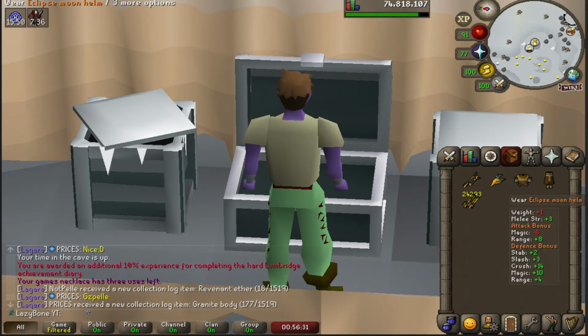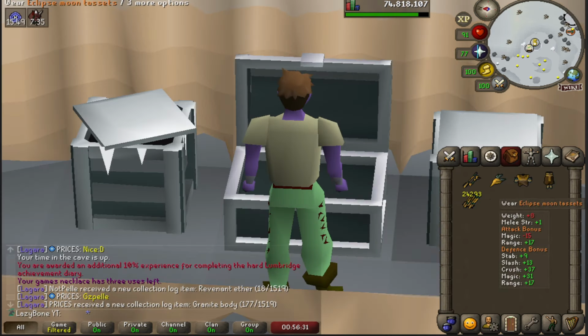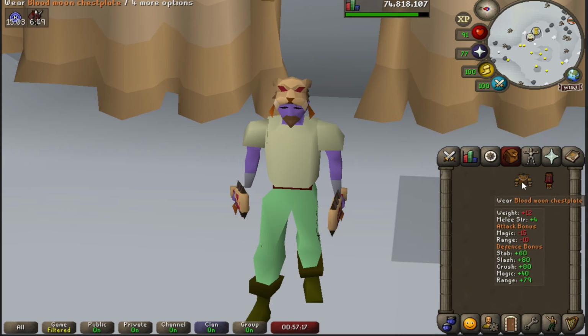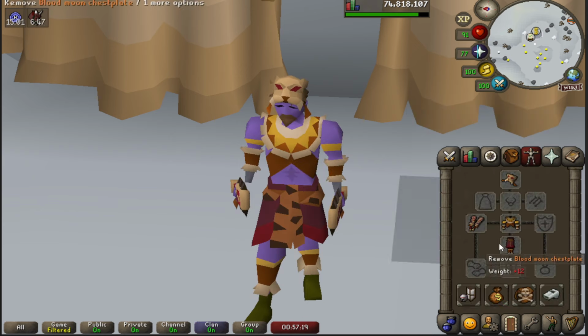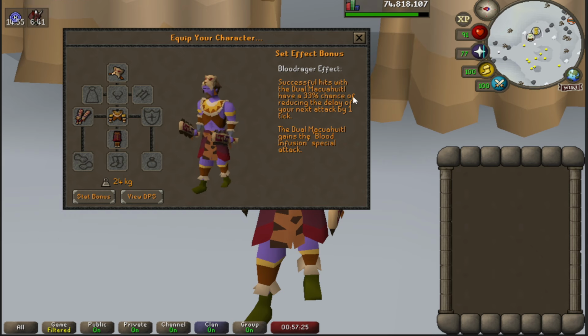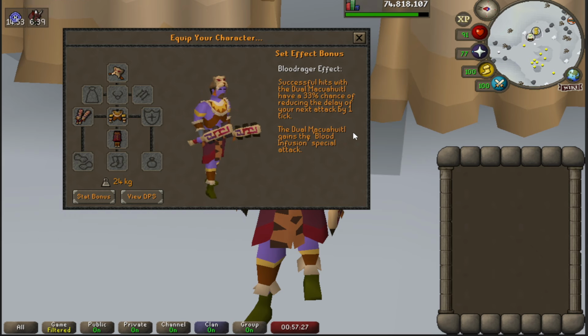Unfortunately with the Eclipse set I can't wield it yet, but that will be rectified in the coming weeks. But the set that I can use is the Blood Moon set. The special effect of this item is absolutely phenomenal. You have a 33% chance on each hit to do your next attack 1 tick faster, so your 4 tick weapon goes to a 3 tick. I have plans for where I'm going to use this, and you should see them within the next 1 or